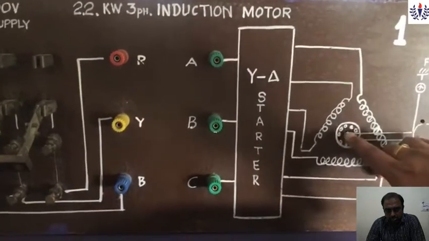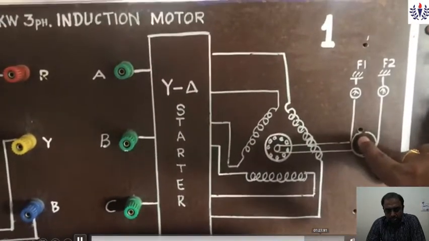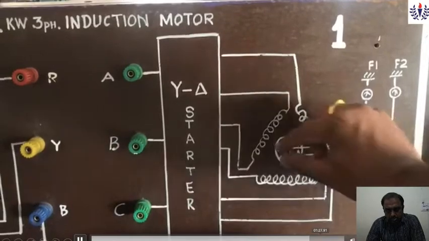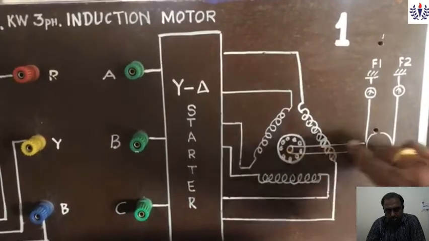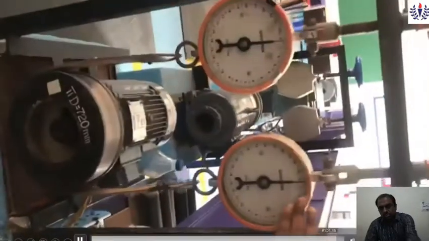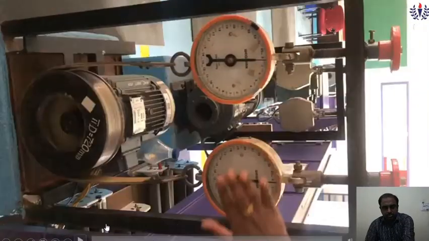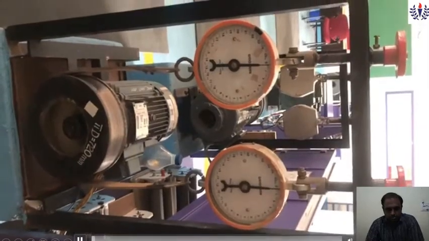The stator winding is connected to the shaft of the rotor. Here this is one of the rotor structures. This is the pulley which we are taking, and this is the drum. Now we will see the motor here, and this is the motor which we are using. The maximum capacity of the motor, these are the two ways. Now we will start giving the connection.